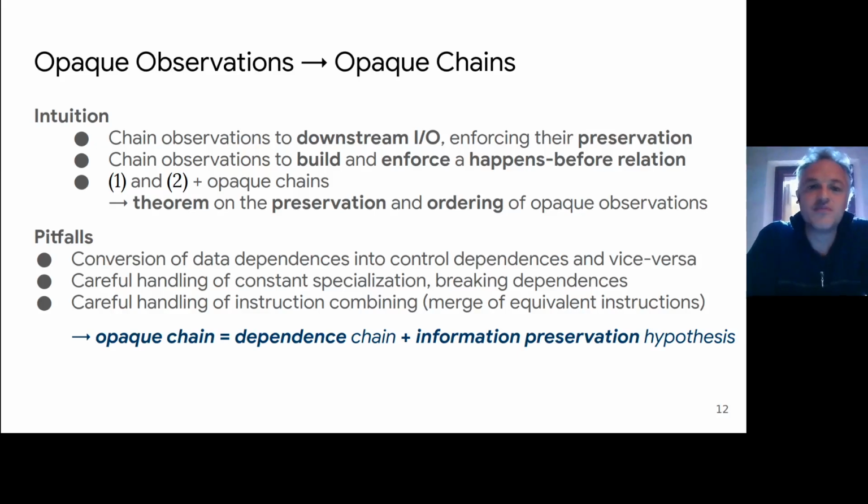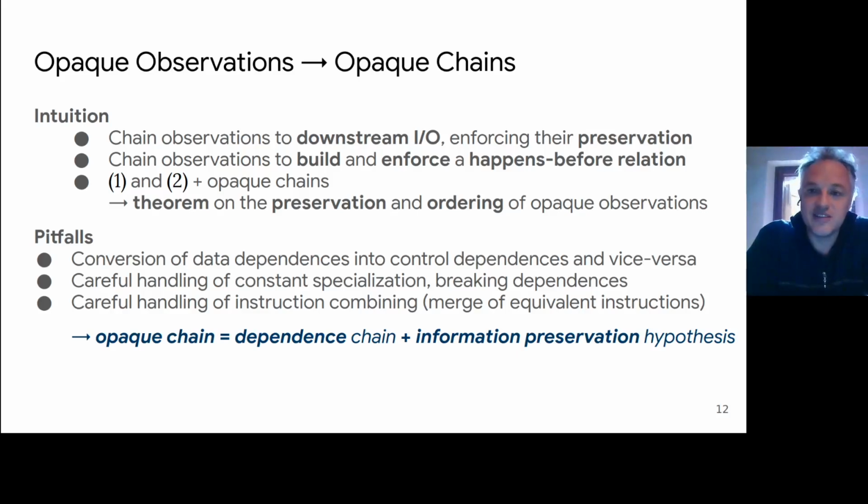And by doing that, essentially we have the instruments for building the chains of opaque observations we mentioned on the examples before. So we can chain observations to downstream I/O, so that's a way to enforce their preservation, so they cannot be removed, otherwise the I/O would not be able to read or write the proper values. And we can also implement this happens-before partial ordering on observations and anything that is in dependence with observations. And so there is a theorem that proves that formally, leveraging these two constraints, 1 and 2 I just showed, and chaining observations